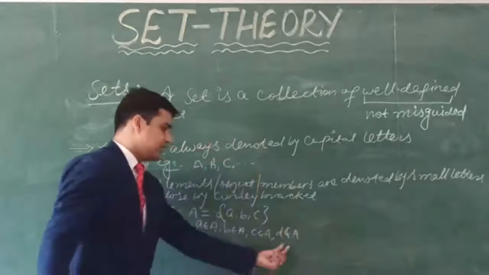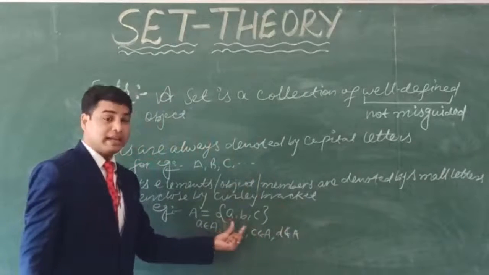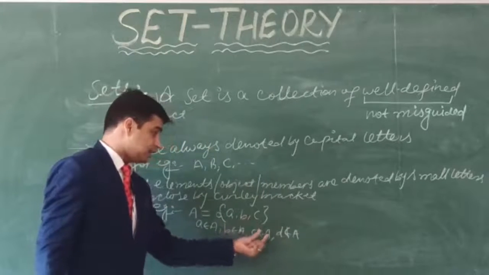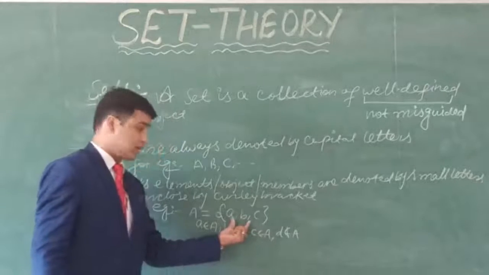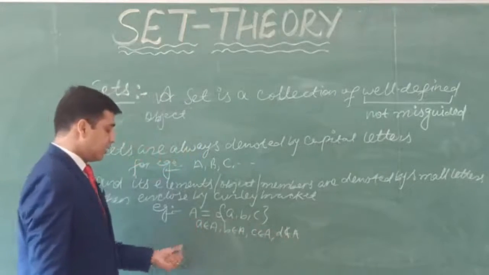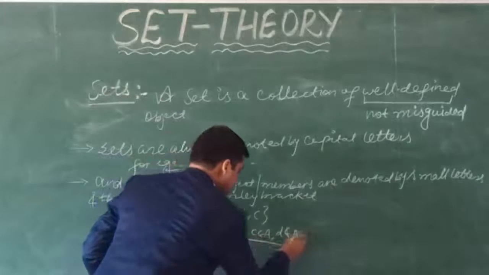What is the meaning of this? It means there is no such element present here. D is not present here. So we can say that d does not belong to set A. Okay, so I hope you are getting this. Next example